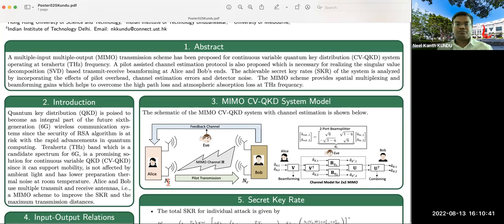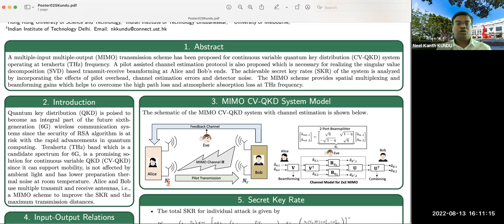So this MIMO technology is a mature technology in classical wireless communication, and it has been used in various 4G and 5G cellular systems and has also been standardized in Wi-Fi technology, which we are using regularly. However, the potential of MIMO transmission for quantum communication has not been fully investigated. To the best of our knowledge, this is the first work that proposes a MIMO transmission scheme for continuous variable